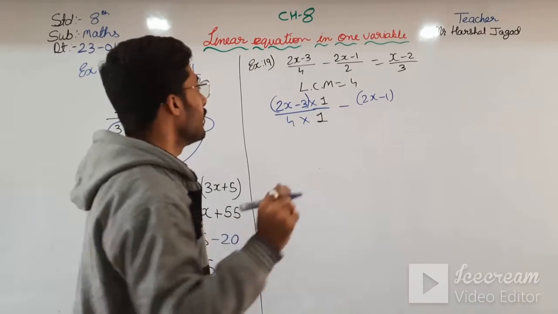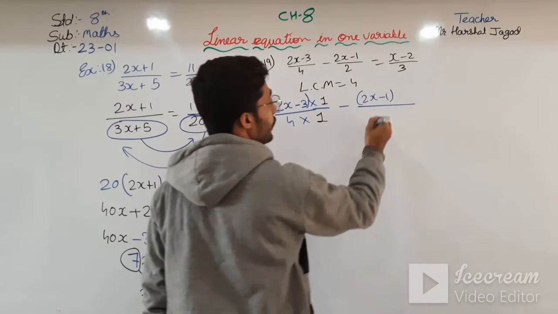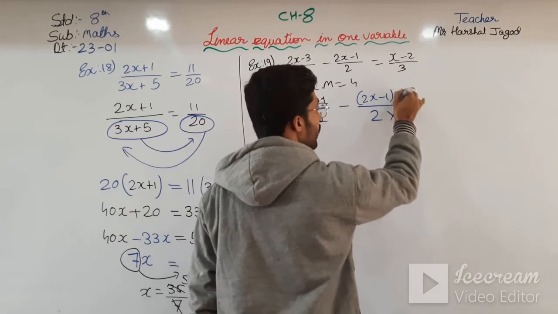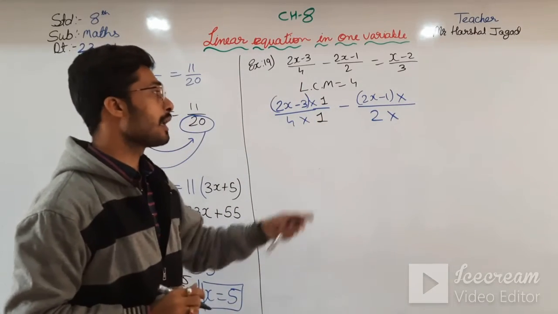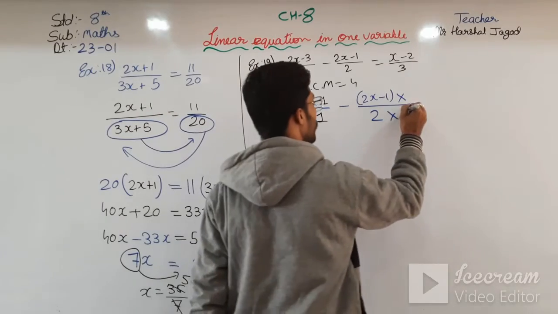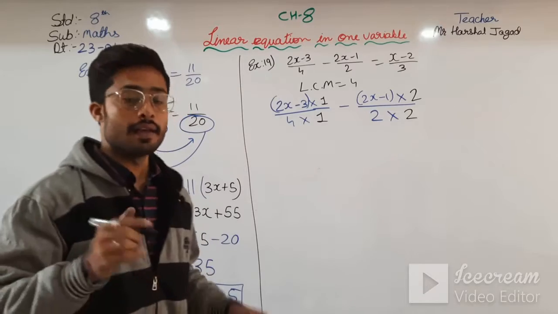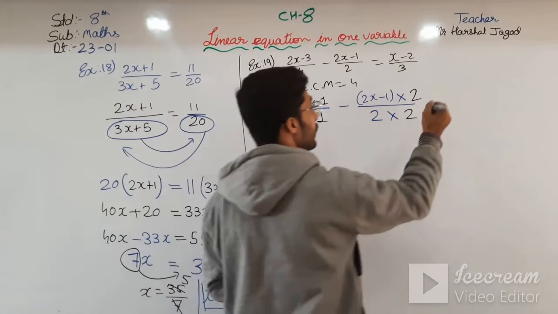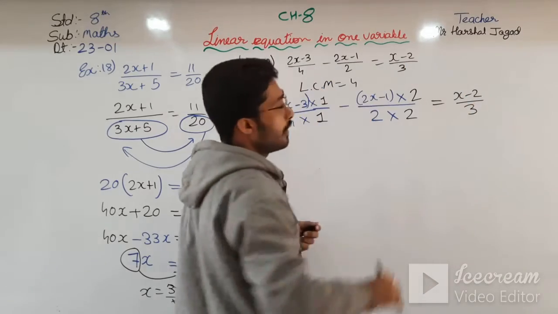Okay, go on. Now 2x upon 2 is given. So what should be multiplied by 2? So we will get what? We will get 4. So 2 into 2, that is 4. And here also we have to multiply this with 2. And is equal to, don't forget to write this, is equal to this.